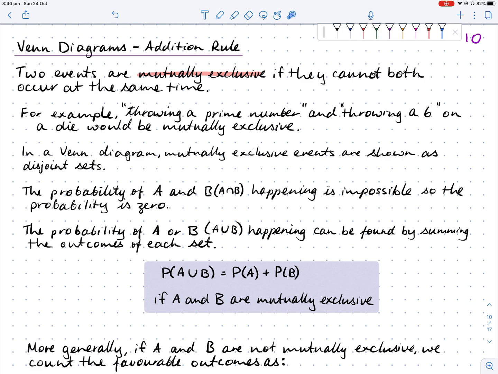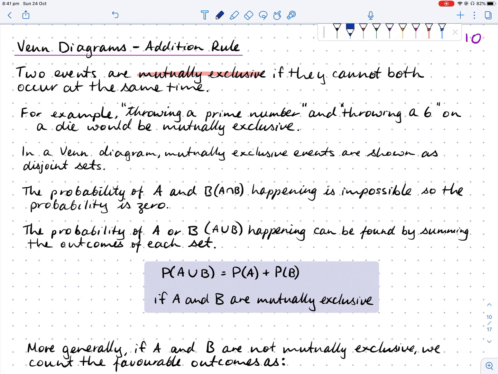Now an example of this is if I wanted to roll a die and get a prime number, or roll a die and get a 6. Now you can see if I've got a prime number, then I'm not going to have a 6. Or if I've got a 6, it's not going to be a prime number. So these would be mutually exclusive. But if I were to say throw a prime number and get an even number, those are not mutually exclusive,